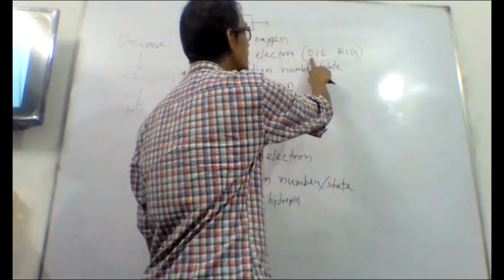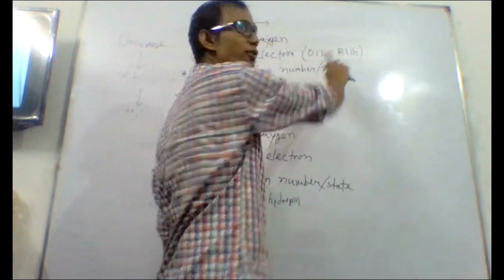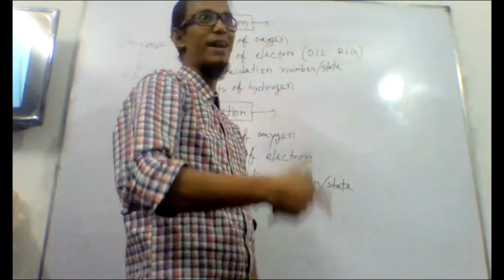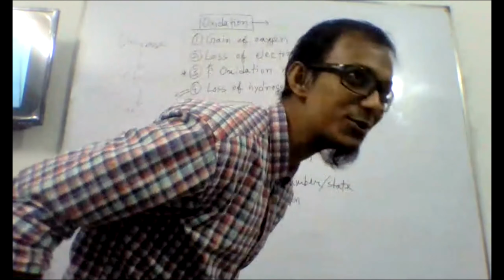So if you can remember, oxidation is loss of electron, reduction is gain of electron. এটা অবশ্য আমার বানানো না, এটা বুকেই লেখা আছে।